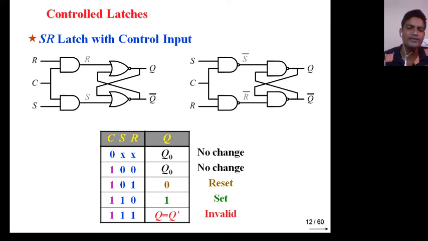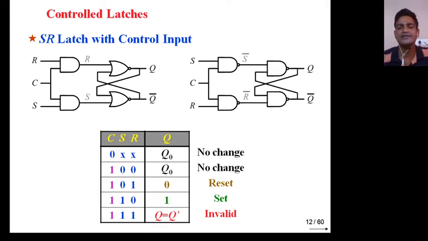A bar B bar means this is bubbled, and replace this by AND gate, and replace the bubble here, this bubble here and this bubble here, and this bubbled AND gate, here this bubble here. So in this way you can get the NAND based